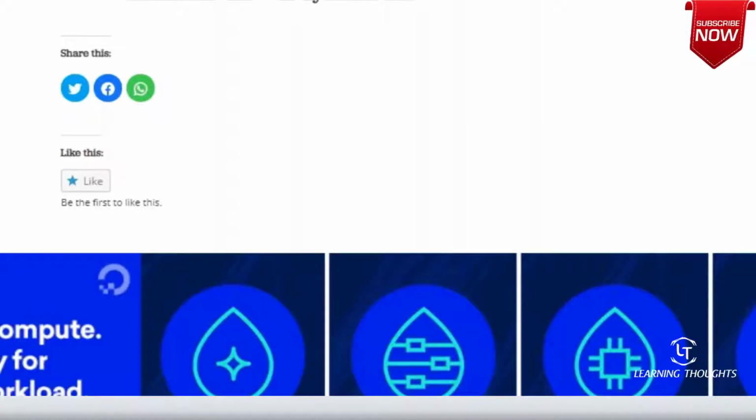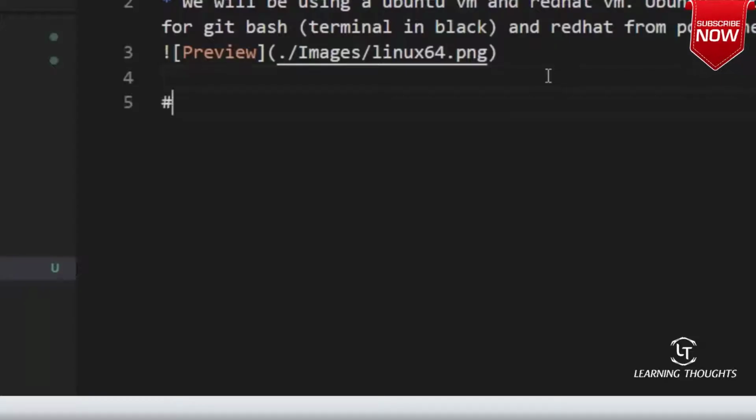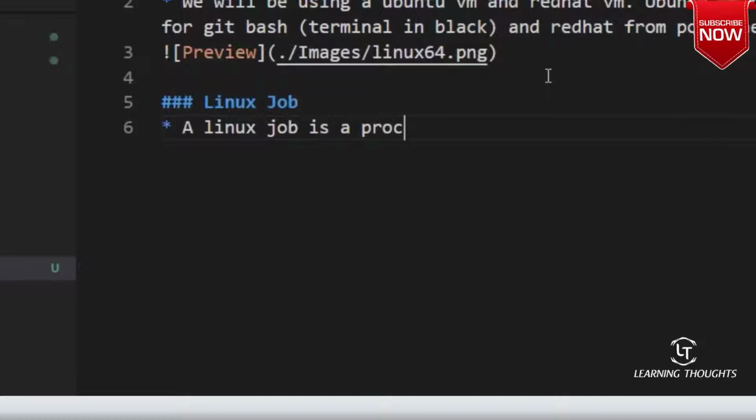What is a Linux job? So let me try to basically do the stuff. If you want to understand a Linux job, what is this whole stuff coming into with respect to Linux jobs? A job is very simple. A job is also a process. A Linux job is a process which the shell manages. So a job is no different. A job is also a process.